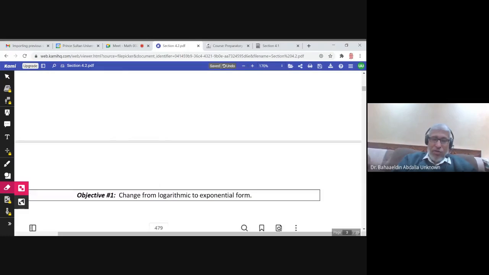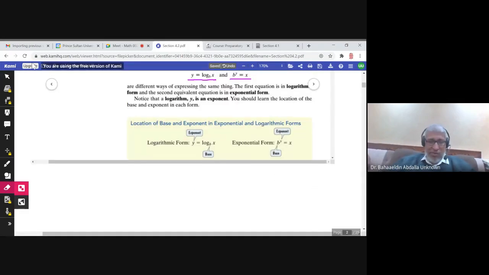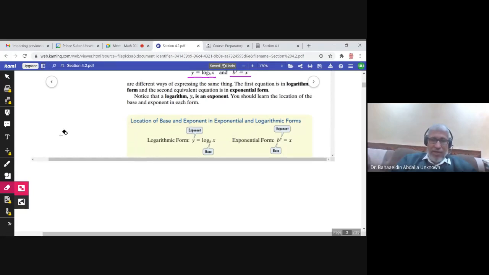So you take y out, okay? You bring it alone in the left-hand side. So you write it y equals log x to the base b. This is how we change from exponential to logarithmic. Let me give you some examples. For example,